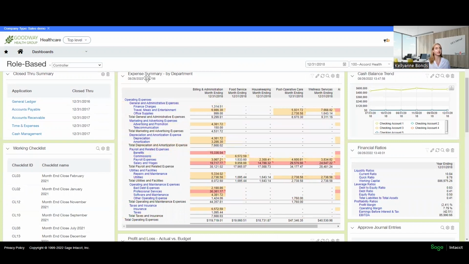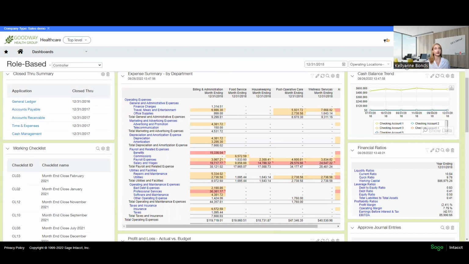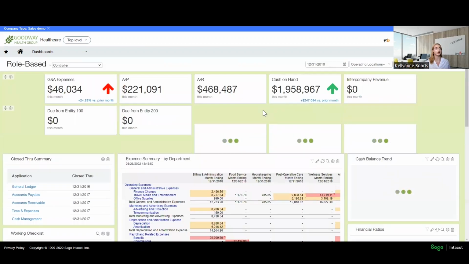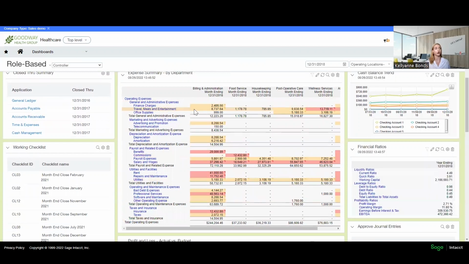So as you see, this is an expense summary by department, and this is for 100 Accord Health. So if I wanted to go to all operating locations, not just what's in 100 Accord Health, this is a location group, I would go ahead and hit apply. And I still get that granularity on each department for all operating locations. It's very neat. With this in mind,